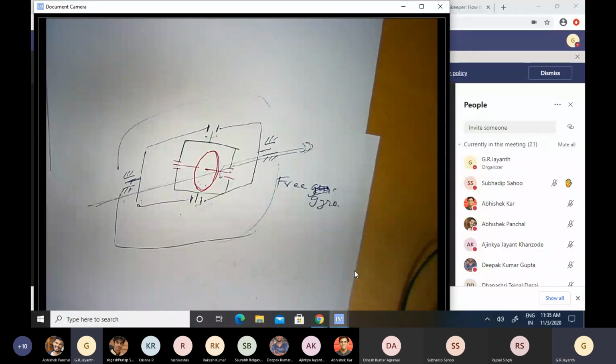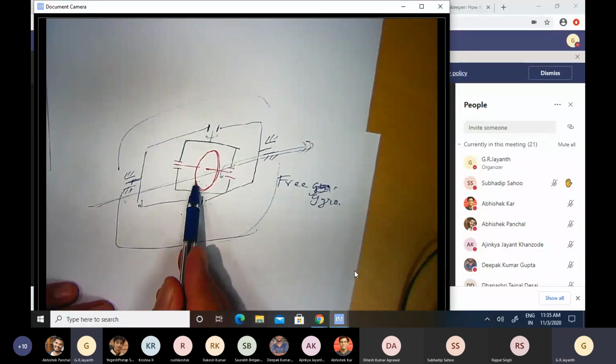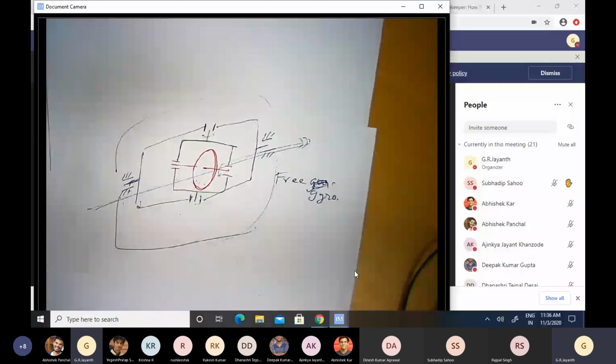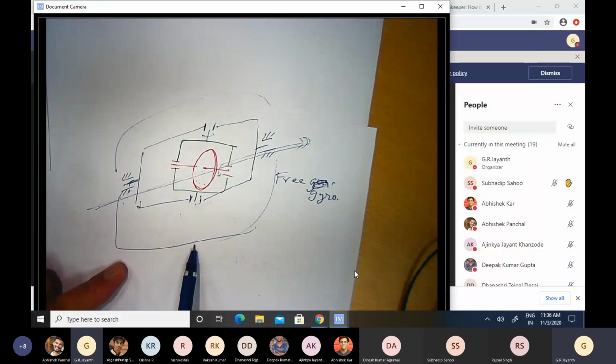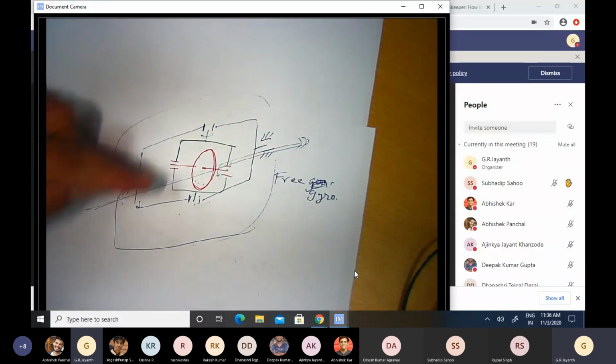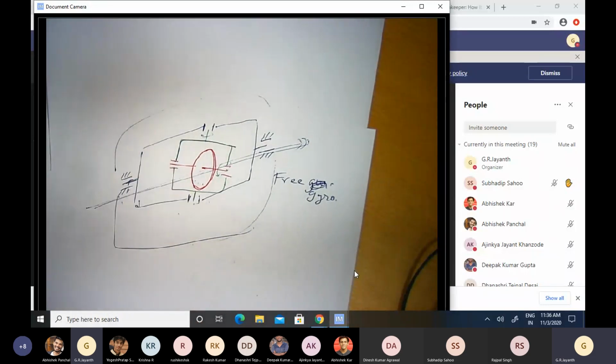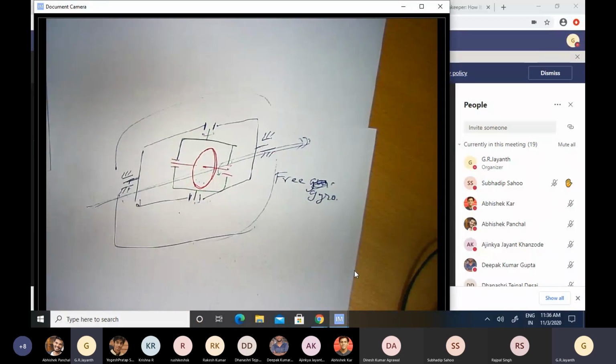The consequence of that is that if I spin this wheel initially, if I hold it in place and set it spinning at a very high rate and release it, this wheel will keep spinning. Because angular momentum has to be conserved, it will stay pointed in a certain direction and keep spinning at the same rate, no matter how the vehicle might move about. So I might start now and set it spinning in the north direction. Now the vehicle might turn towards east or west or whatever. The axis of the wheel will still stay pointed north.